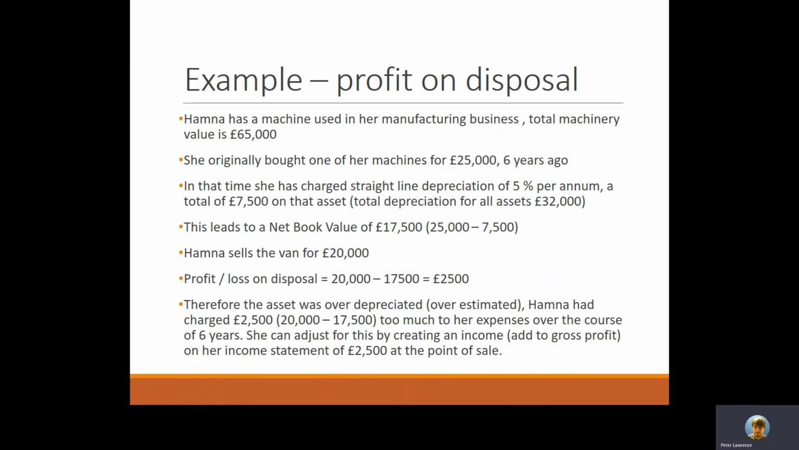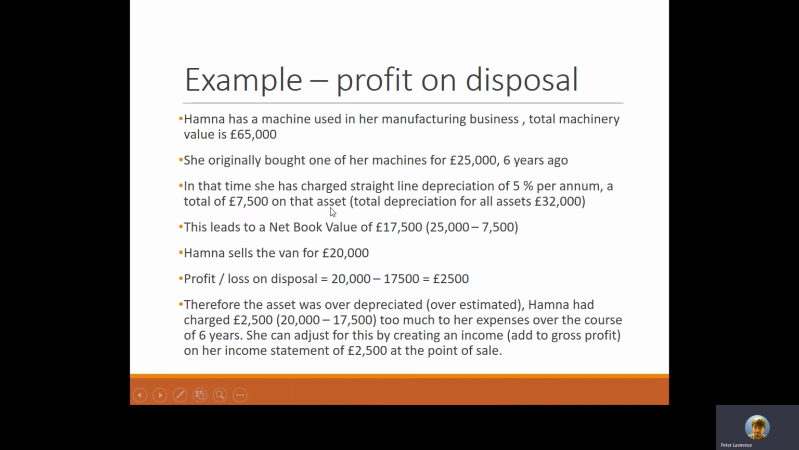You can also make a profit, obviously. So this time we've got Hamna. She's got a machine used in a manufacturing business, and her total machinery is worth £65,000. Now, one of those machines she bought for £25,000 6 years ago. So in that time, she's charged straight line depreciation of 5% per annum, and that gives us